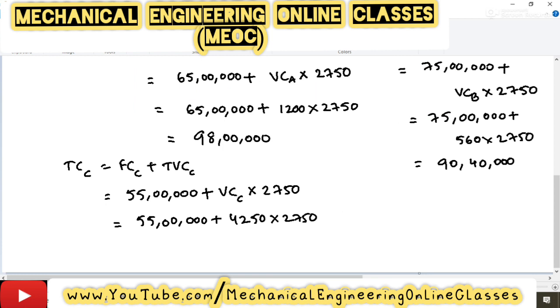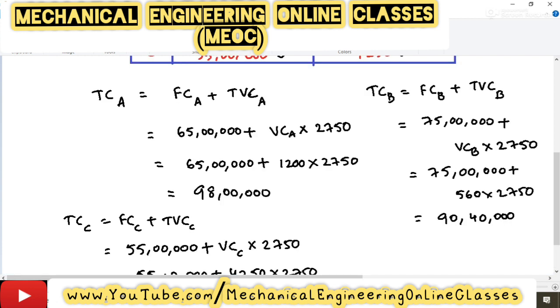So this will come out to be 17187500. So it is 1,71,87,500 rupees. Now we will try to draw a graph